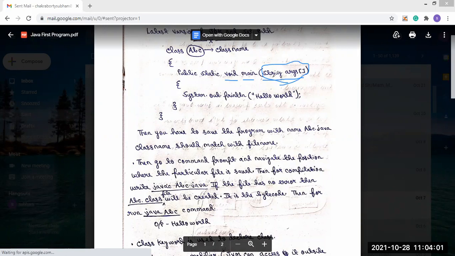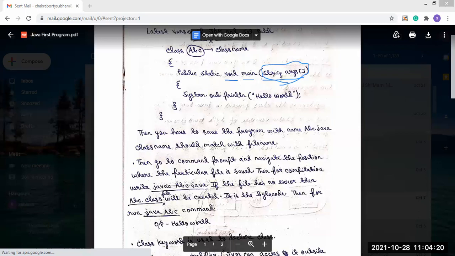There is the concept we have called wrapper class. In this wrapper class, some classes are present which convert this string type into integer type, or string type into another type. This is the main thing.